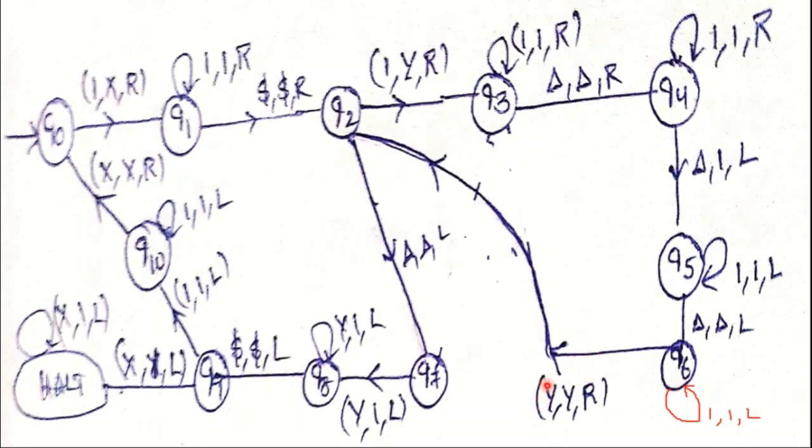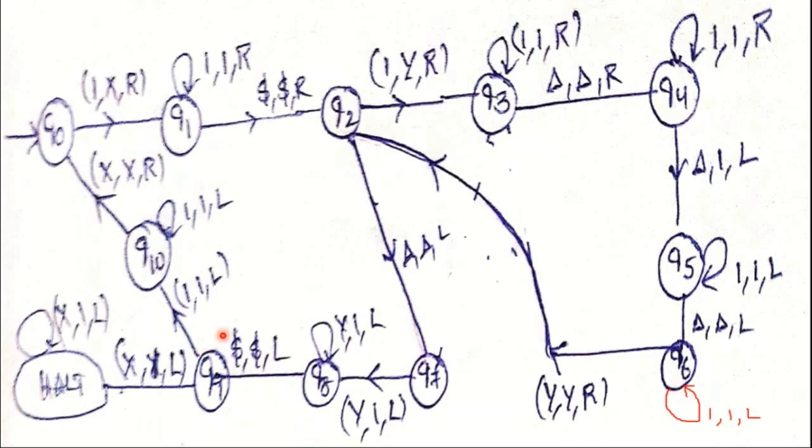Now immediately y will occur. Here there were no ones, already 3 ones completed, immediately y will occur. That y as it is and then move right. Whenever we move right, there were no ones. The next symbol is immediately dollar. That means all ones in variable B were copied at the end of the tape. So now each and every y can be converted to 1 and then move left. That's why all y's are converted to ones and then move left.